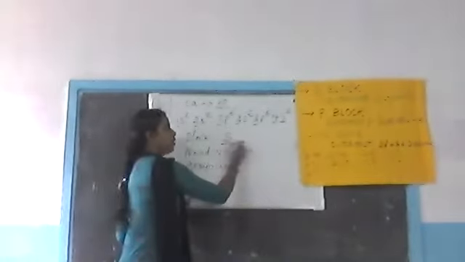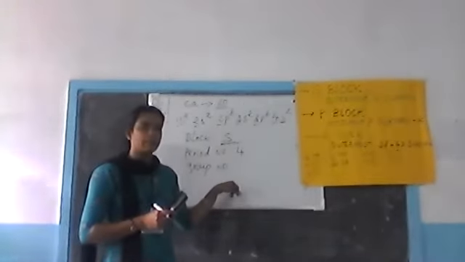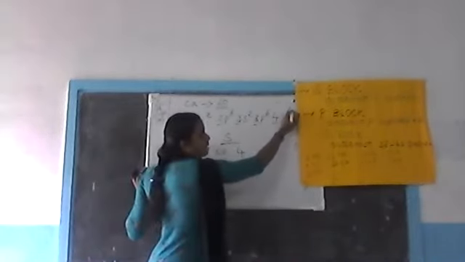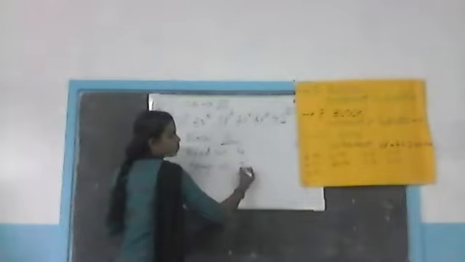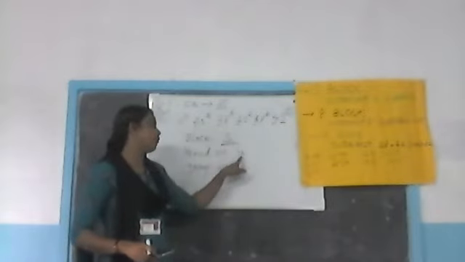Check this. Group number differs for different elements. Here this element belongs to S block. So for S block elements, what is the method to calculate the group number? For S block elements, the group number is found out by the number of electrons in the last S subshell. So here the number of electrons is 2, so their group number is 2. So these are block, period and group. Calcium belongs to S block element and it has period number 4 and group number 2. Like this way. Next example.